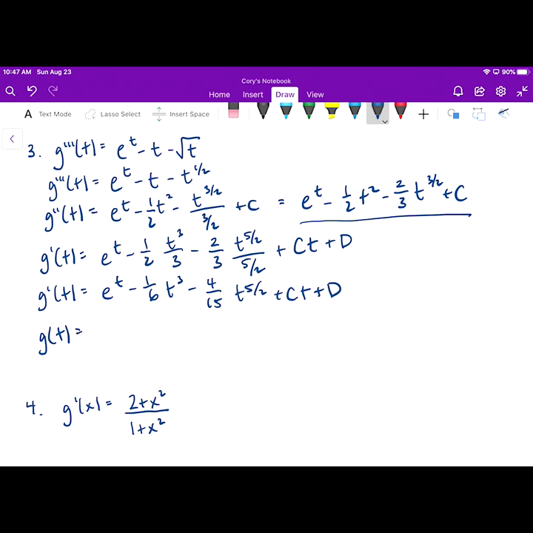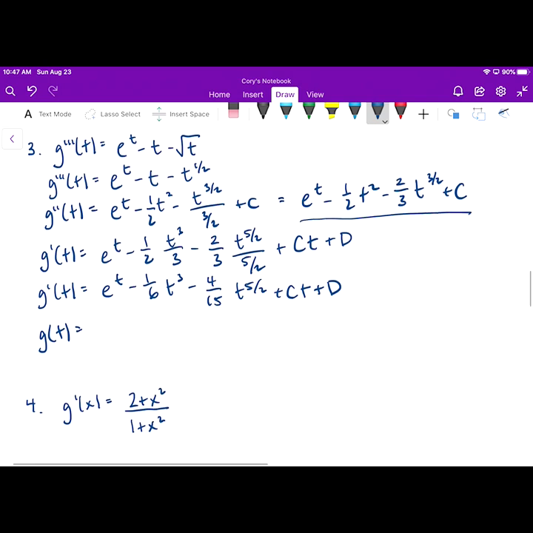Okay, so the antiderivative here, again, I can take the antiderivative term by term. I don't have to do any algebraic manipulation. So the antiderivative is going to be e to the t power minus 1/6. The antiderivative of t cubed is t to the 4th power over 4, minus, I can pull the coefficient 4/15 out front. The antiderivative of t to the 5/2 power is t to the 7/2 power divided by 7/2, plus, I can pull c out front. The antiderivative of t is t squared over 2